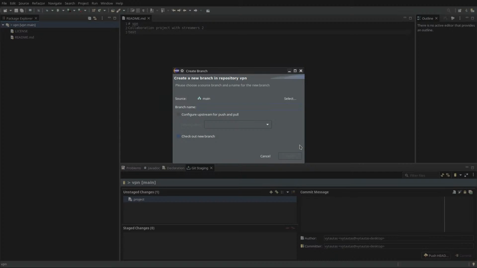So let's see, if I make a branch, this branch, upstream for push and pull, and pulling. Hey, nice to see you. It's going okay. How about you? I just started streaming, so I got the commits working. Now I'm trying to figure out how branching works, because it's not something I use all that much.